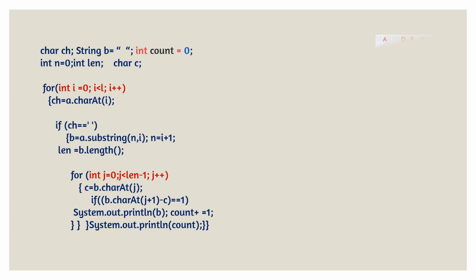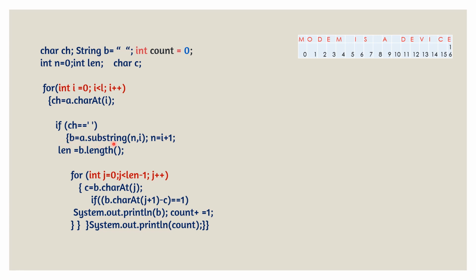Now we can take the example input. As sample input we are taking this particular sentence: Modem is a device. So find the length. We have already found the length in the variable L. Here the loop starts: int i equal to 0, i less than L, i plus plus. ch is equal to character at i, extracting the characters one by one: 0 M, 1 O, 2 D, like that. Whenever a space comes, that means at position number 5 the first space comes, we will remove the first word. When the second space comes, the second word, and when the third space comes, the third word. Like this, we will extract the words and store them in a variable b.